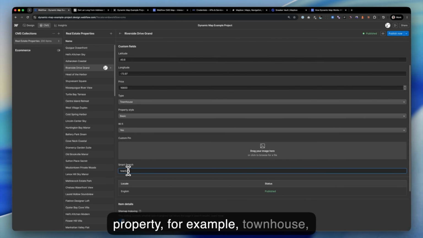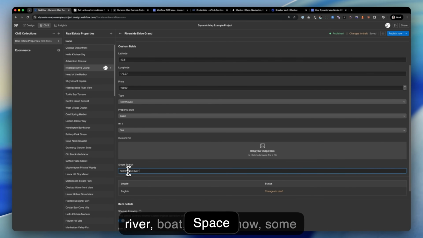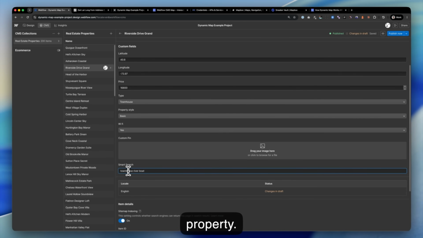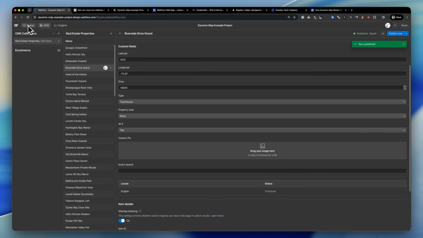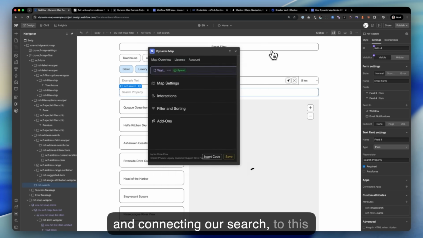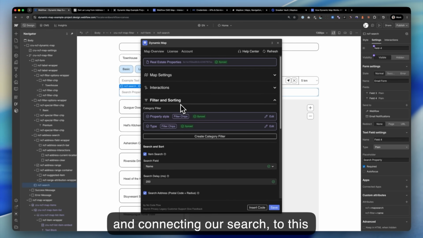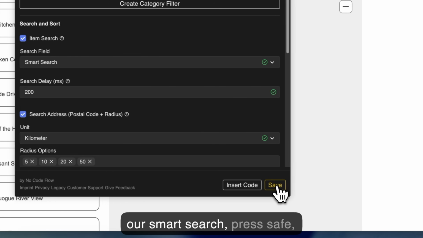For example, townhouse, river, boat, I don't know, some words that are related to this property, maybe Wi-Fi. And then when publishing the item and connecting our search to this field, let's go ahead and change this to our smart search, press save,